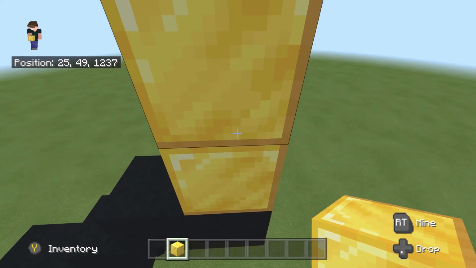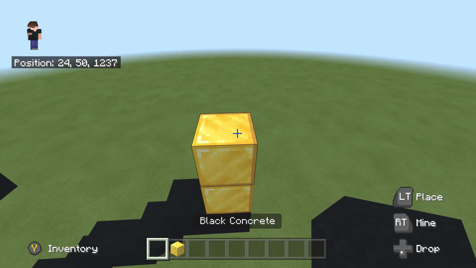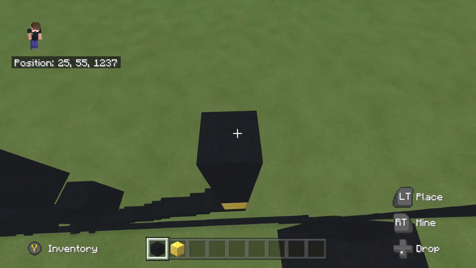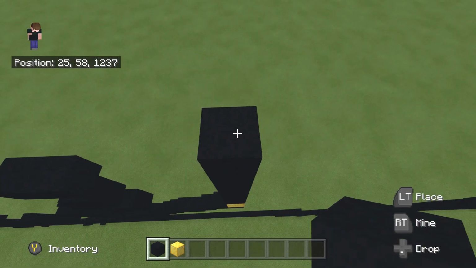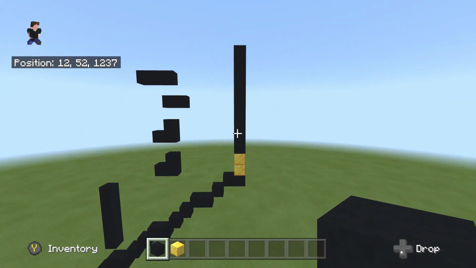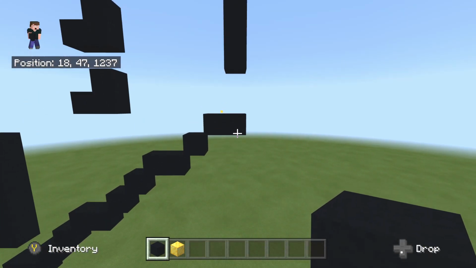So 1 and 2. And then we're going to take out our black concrete, and then we're going to place 9 on top of these 2 gold blocks from here. So 1, 2, 3, 4, 5, 6, 7, 8, and 9. And there we go, we're done with that little area. So we can zoom out, destroy those gold blocks, and then we're going to continue back onto this 2 on